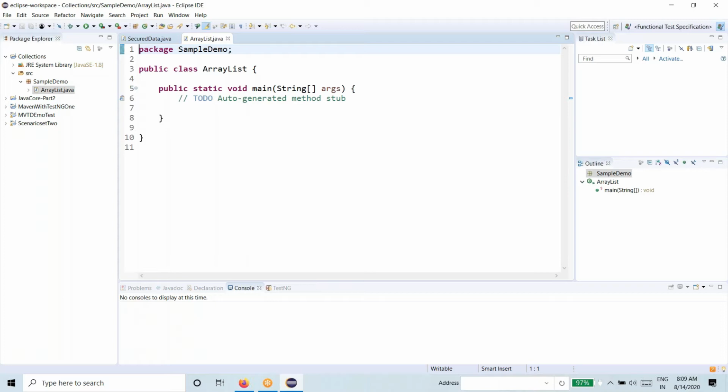A single dimensional array is a kind of static variable which can hold multiple data of any type. If we want to store a set of integers, it will hold a set of integers. If we want to hold a set of characters in the single dimensional array, it will hold a set of characters. Even strings it will hold. But the thing is that it is static. Why is it static? Because we always have to think about the size, right?